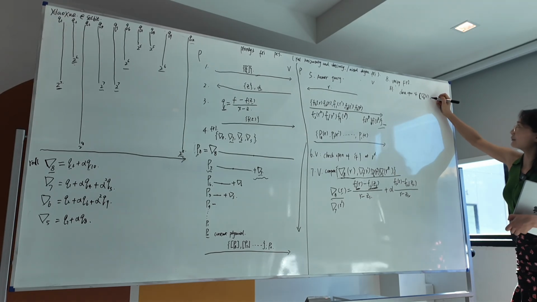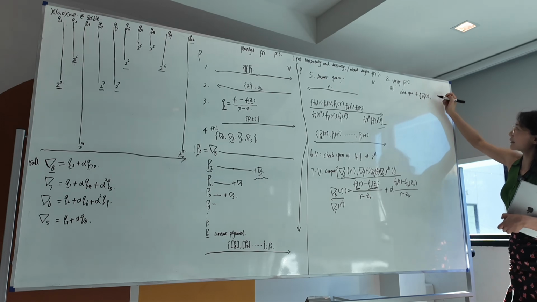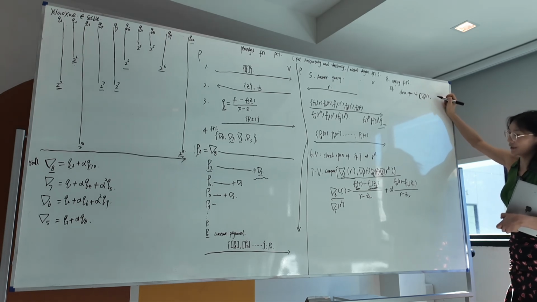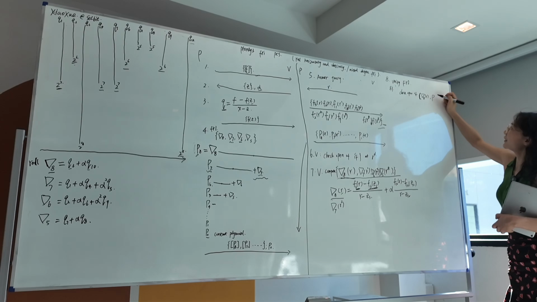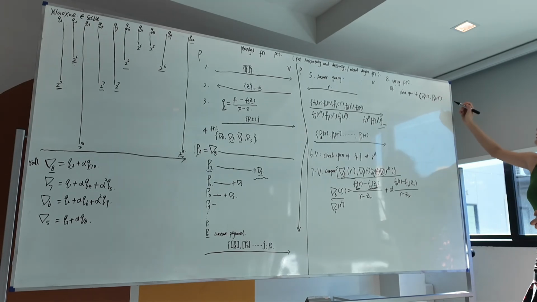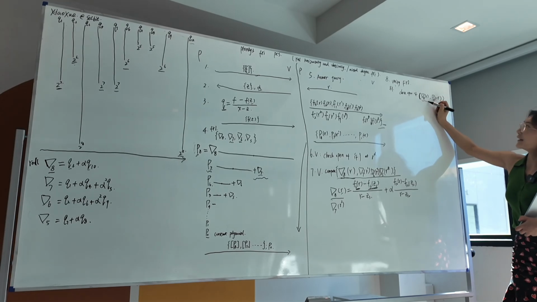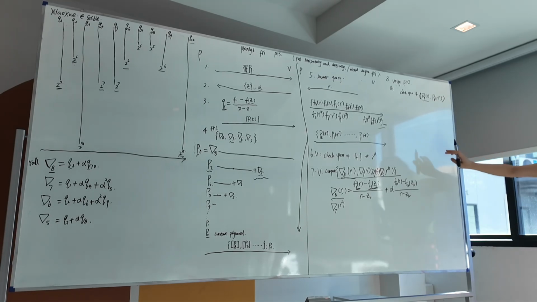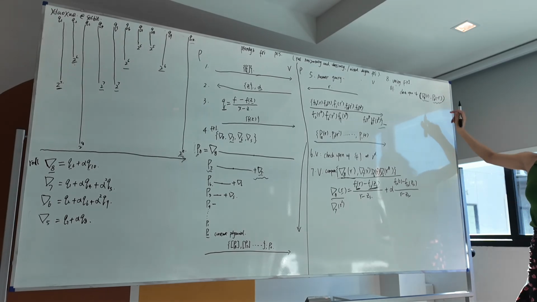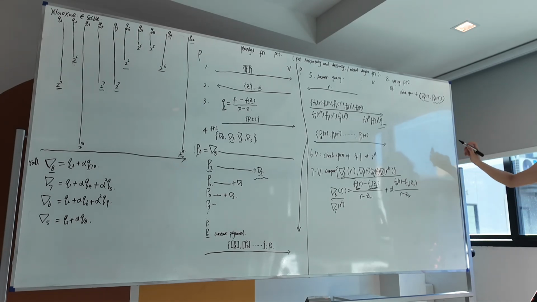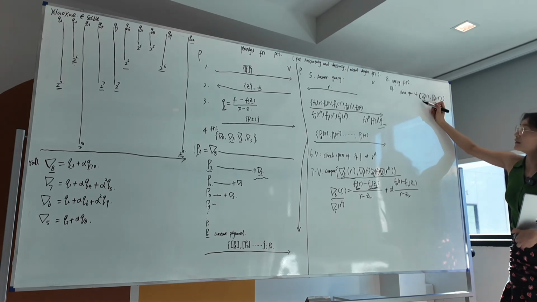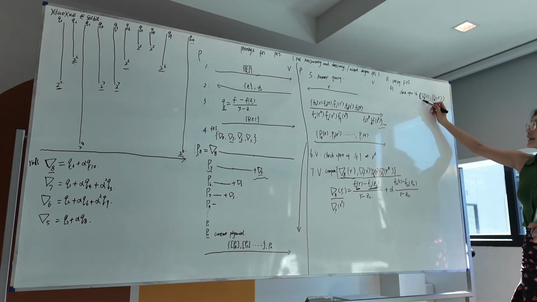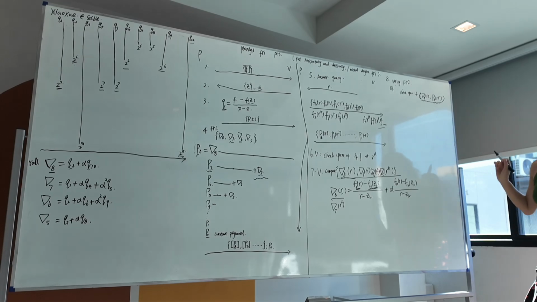It will be row 8 combined with P8 minus R. This value is computed by the verifier, and this value is sent by the prover. And the prover and verifier combine these two values together and use the